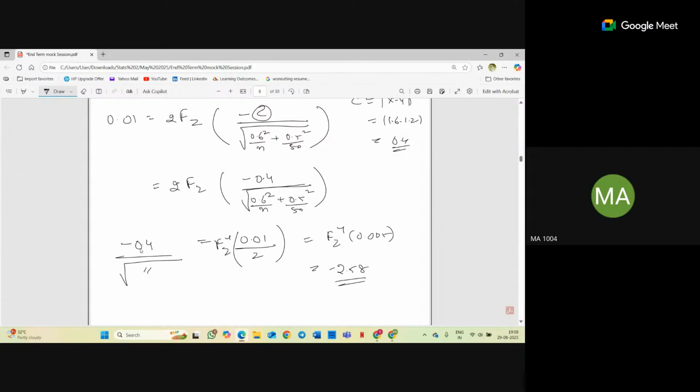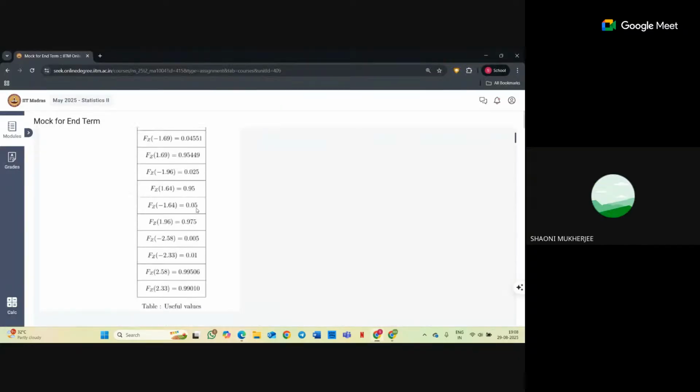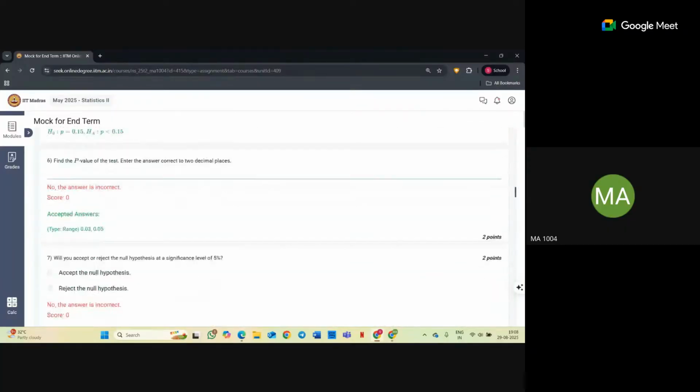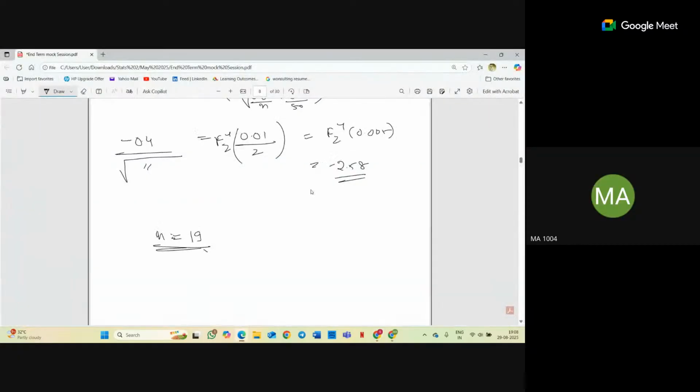So we have the value of this, then equate this and we can solve it from here. What is the value of n you're getting? Can you just solve it and let me know? 19, ma'am. 18 point something, 18.89. It's not fully 19, but it is approximate, more than 18 actually. Just round it off and it will be approximately 19. Okay, so you guys have solved this question?